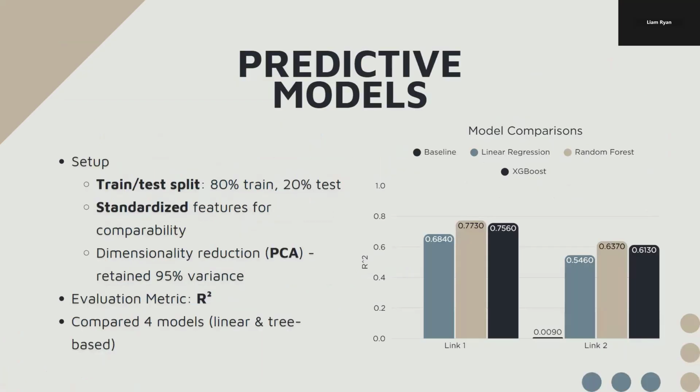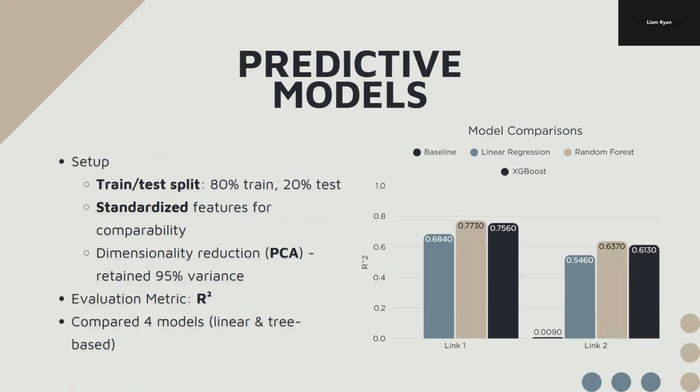To quantify these relationships, we applied predictive models for both links. To prepare the data for the models, we trained on 80% of the data and applied PCA to reduce dimensionality. Interestingly, low income, poverty rate, and SNAP status were structural features identified in PCA as consistently correlating with high food